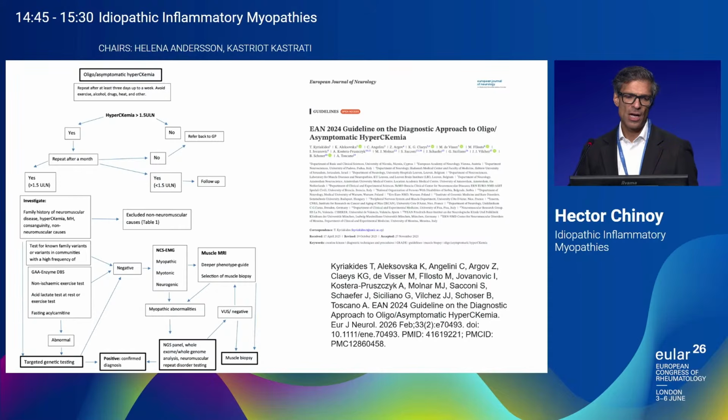So, for example, hyper-CKemia greater than 1.5 times upper limit of normal, yes. First thing, repeat it after a month. Still raised, then start probing about family history. Is there a history of malignant hyperthermia? Consanguinity, asking that in the most tactful way you can. And